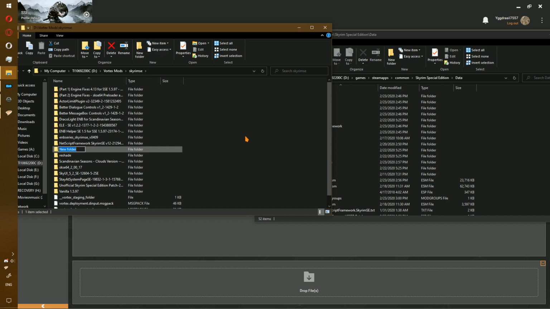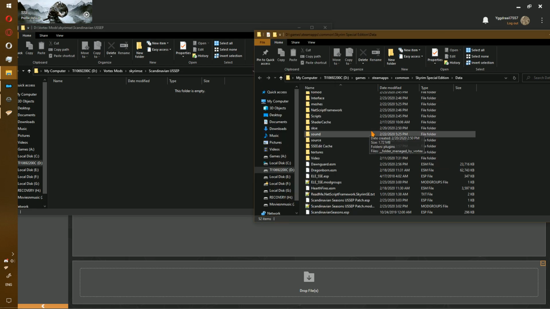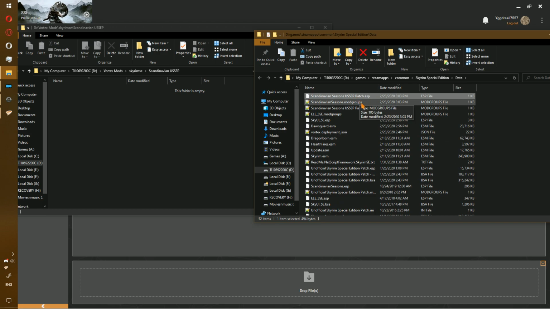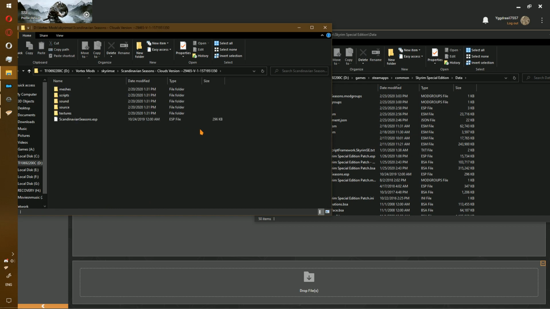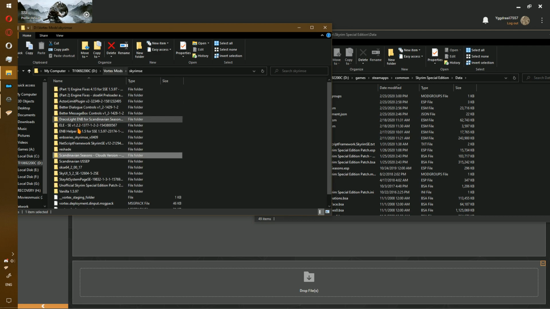Create a new folder, Scandinavian USEP. Go back to the data folder, find the newest file, and the mod group. Drag over to Scandinavian USEP, go back to Scandinavian Seasons, drag the mod group, go to ELE,